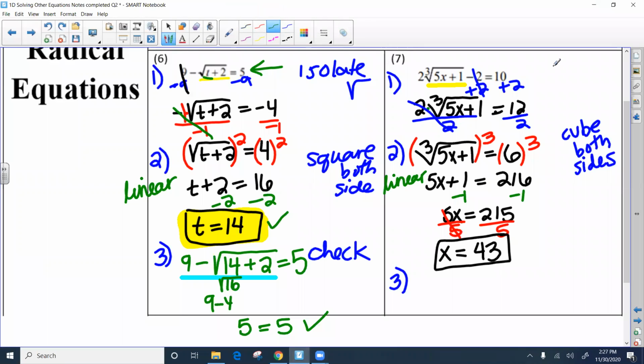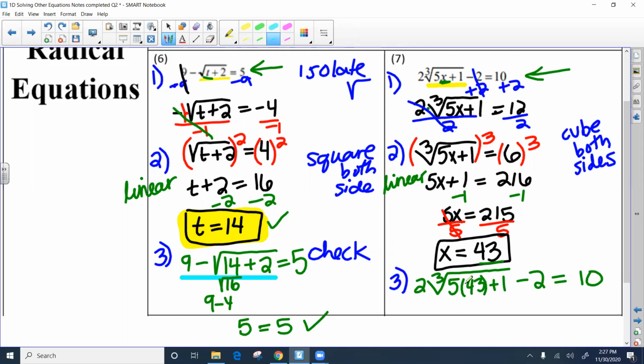So when we're checking, we're plugging it into the original equation, and anywhere there's an x, I'm plugging in 43. Okay, so here's what it looks like when I plug in 43. 2 cube root of 5 times 43 plus 1 minus 2 equals 10. Okay, now,